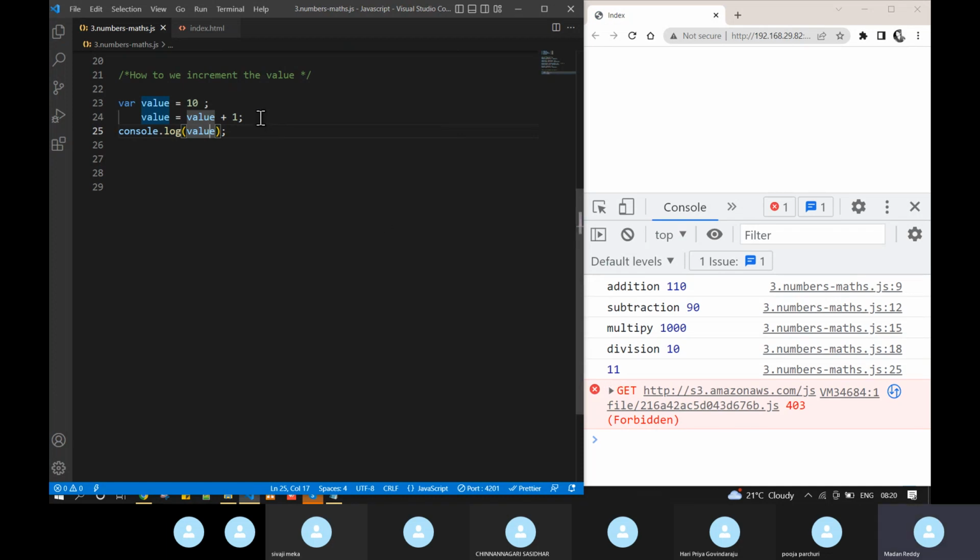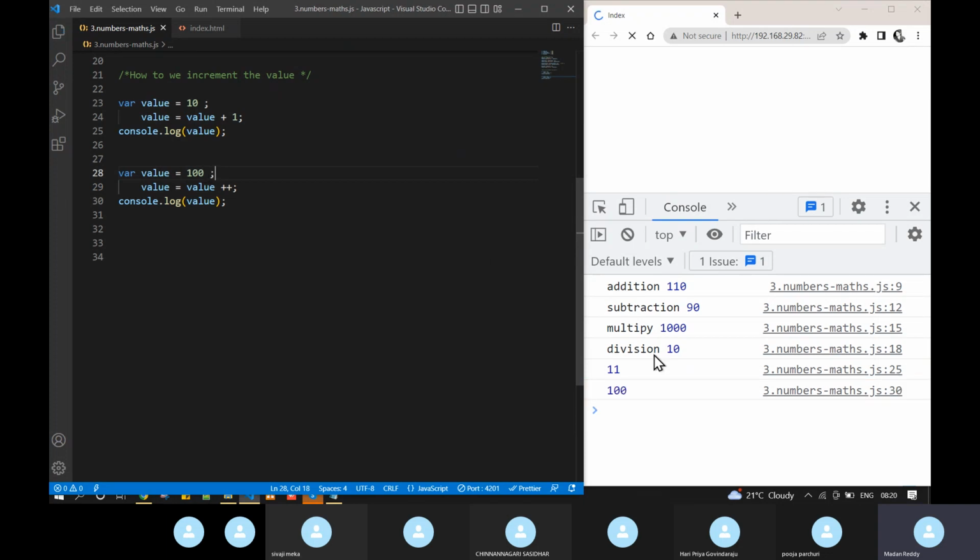Not only in this approach, we can increment the value by plus 1. There is one more approach to increment the value. Instead of plus 1, just add plus plus. As of now, I'm going to change the value here. Just add plus plus, so it will give the